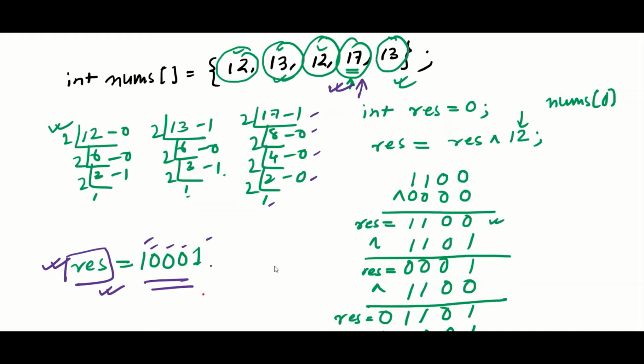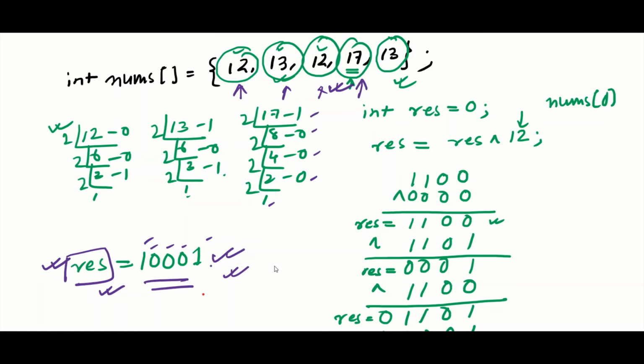If you want to build this logic, you need to compare one number with all the numbers, and then need to have some flags. So you need to write almost 10 to 15 lines of code to build the logic if you do not use the bitwise XOR operator. Simply very easy. We require only one loop, but on the other side, if you do not use the bitwise XOR operator, you need to pick one number, compare with all, repeat the loop again, pick one number, compare with all. So the complexity of your algorithm is increasing. So this is the better approach.